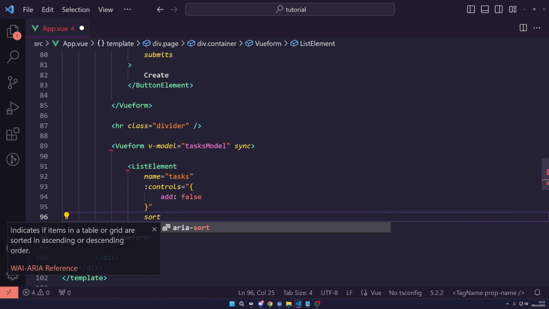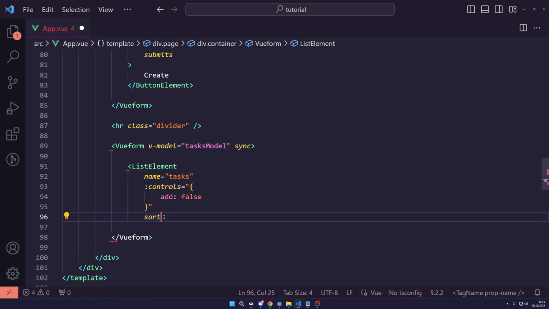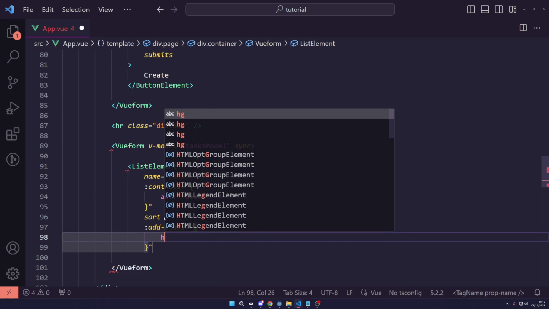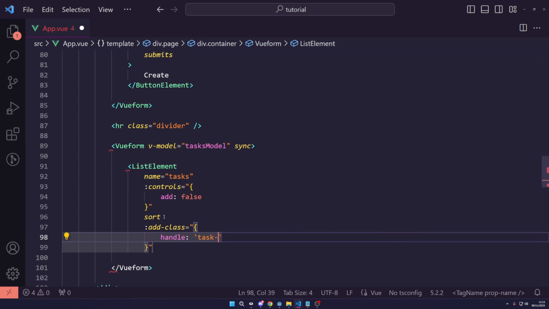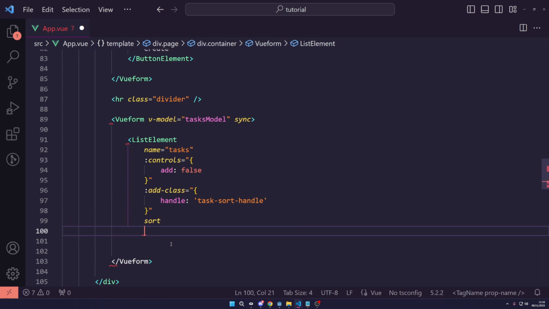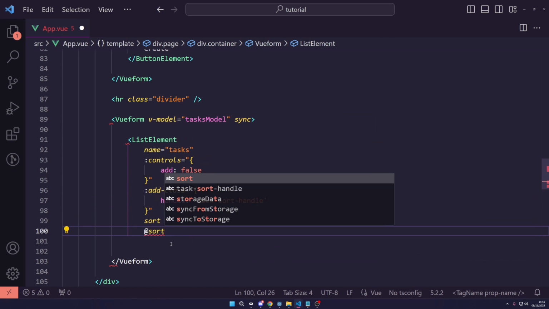We also want to pass in the sort flag here, just to tell it that you can actually sort this. And then we want to use a dynamic class. So we're going to add class. And in here, we're going to have handle, and we're going to say task sort handle. Also, we can bring this sort down here, and then we want to add sort. So if we